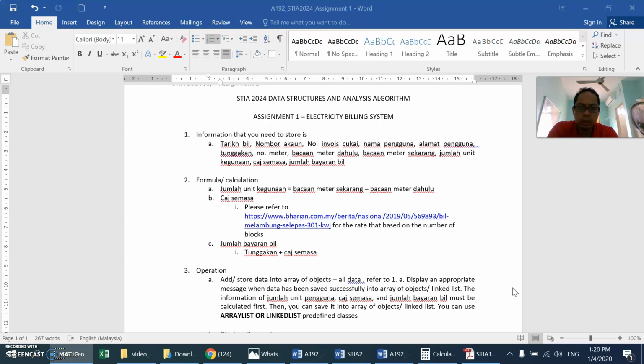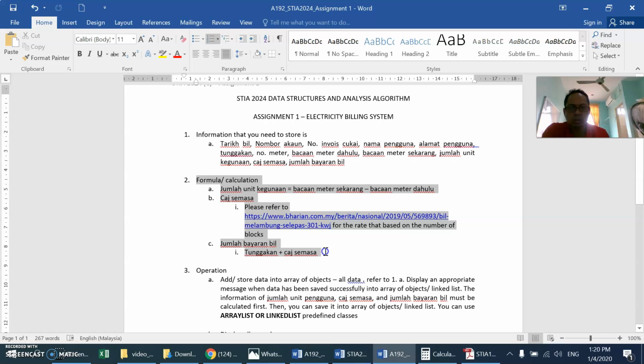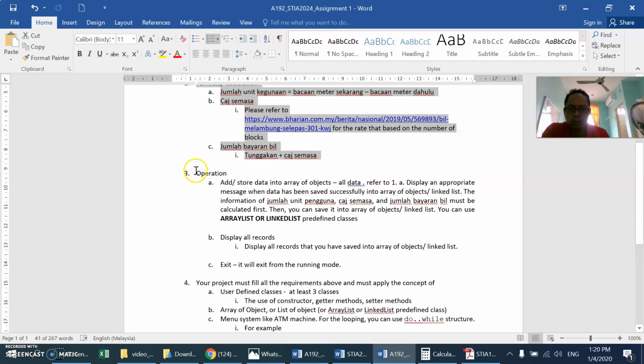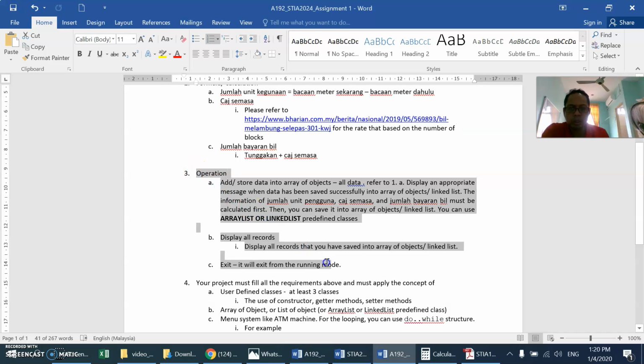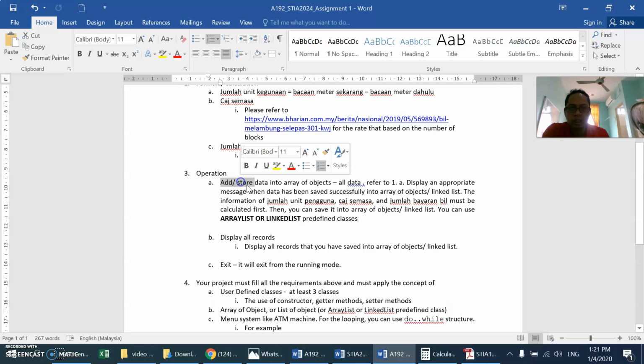electricity billing system. So for point number 1, about the information that you need to store, I've already explained in the project session. And for the calculation of the formula, I've also already explained to you. Now we go for the operations. For the operations, there are only three operations or three functions that you need to develop. The first one is you need to save or add or store data into an array